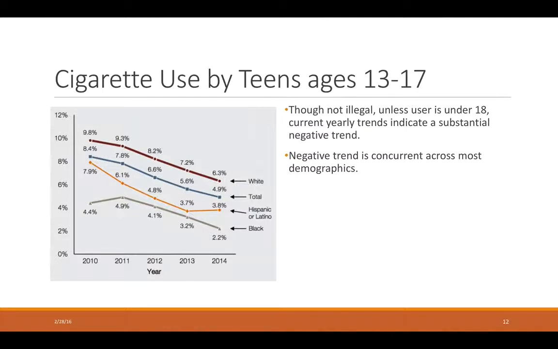The drug use data, again, this is at a federal level, and for this slide, we're showing that cigarette use, even though it is not illegal, it is if they're under 18. It shows that current trends amongst the demographics are dropping off over the years, except for between 2013 and 2014, where it was a tenth of a percent change for Hispanic or Latino. Granted, this is only for 1 year. I would have to wait until the next subsequent year to verify that it's just not an outlier performance, and that the trend continues.